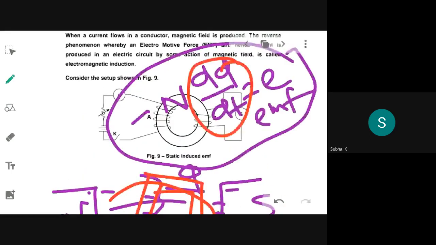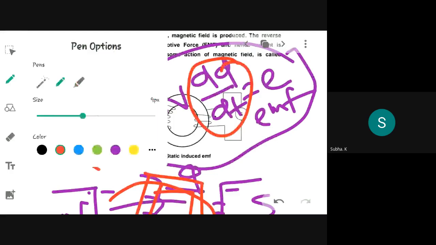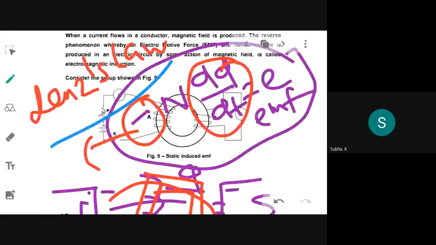This law is called what law? Faraday's law of electromagnetic induction. Why is this negative sign present? Ma'am, it is for direction. The negative sign tells you that whatever the resultant effect may be, it is opposing its cause. So EMF is produced as the output, which means it will oppose its cause of generation. That is being told by the negative sign, and that law is called what law? Lenz law. Okay, so Faraday's law and Lenz law work in combination.